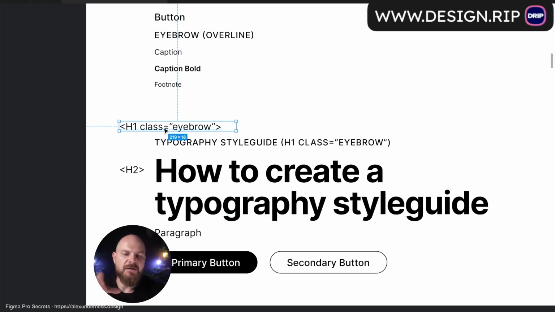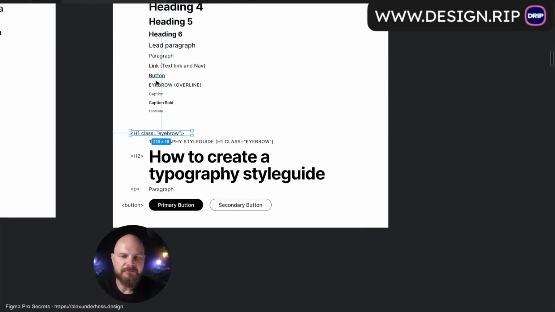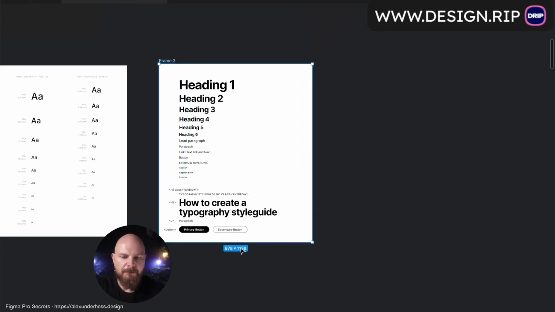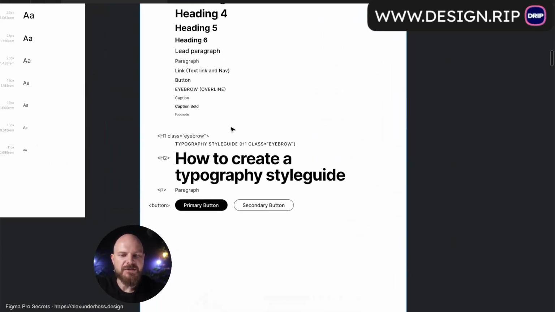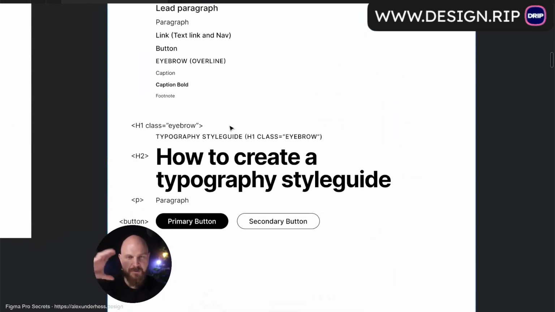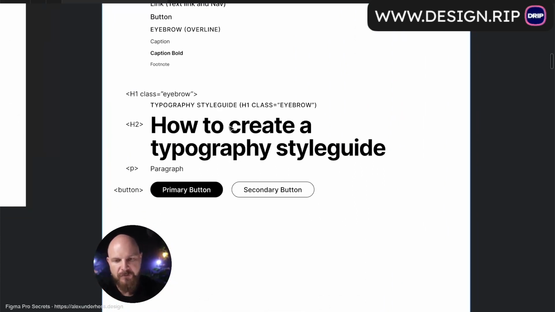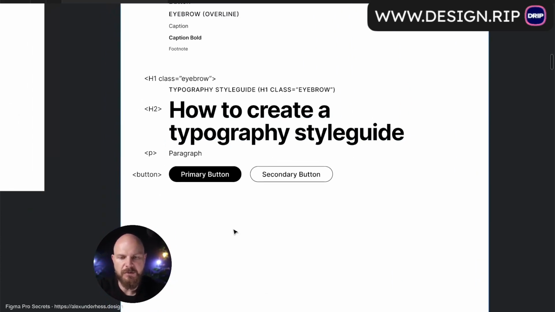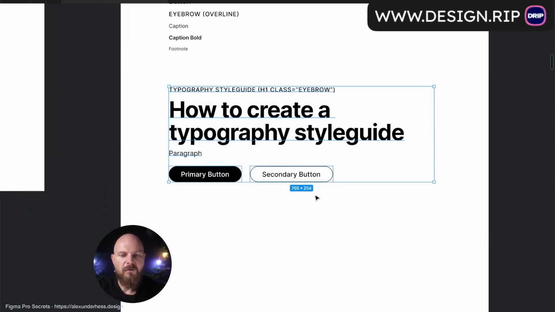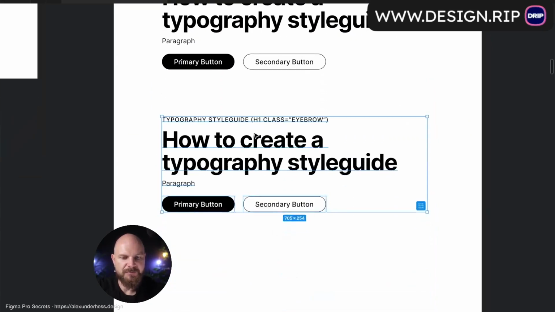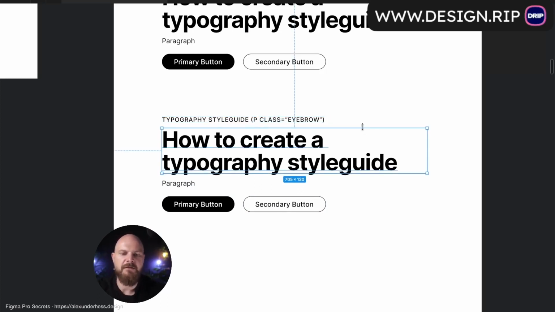So if you're using even this style like that for the hero section, remember what the hero section is, right? From one of the first lessons of this module. While you can use this for the hero section, for all the next sections, this will not be the H1 class eyebrow. This will be P class